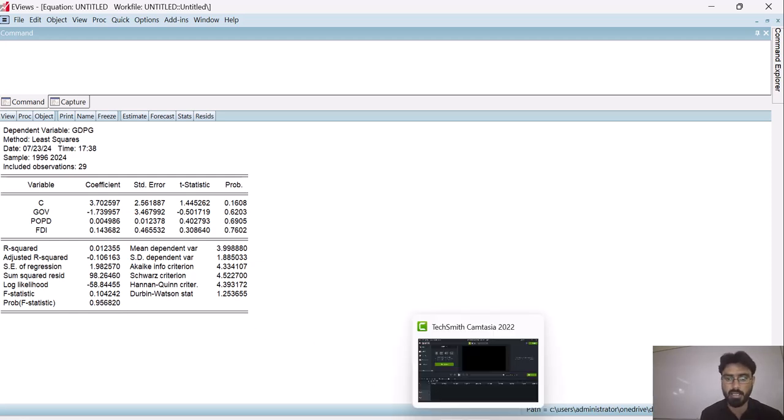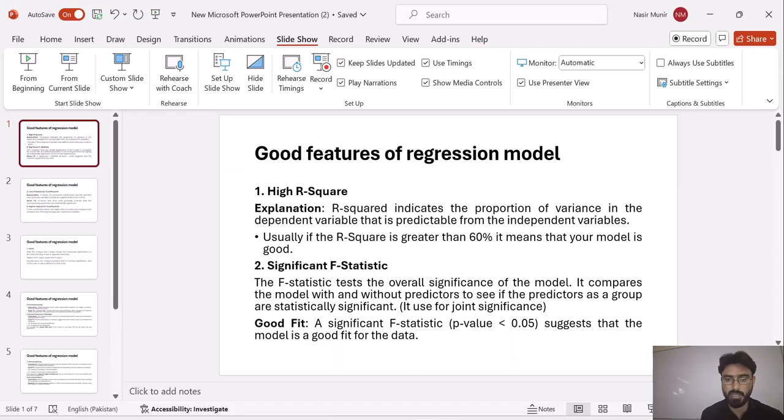In our previous session we also mentioned that the F-stat shows the joint significance of the independent variables on the dependent variable, and its probability value must be less than 0.05 for significance. If it is less than 0.05, then we can say that our model is well fitted.